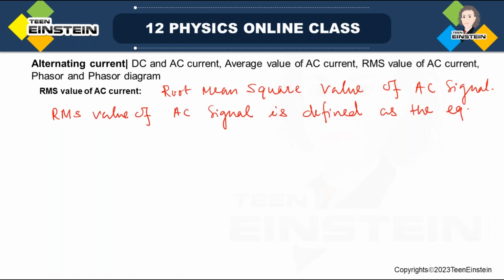The equivalent direct signal, I'd say. So better to write alternating current itself. The RMS value of alternating current is defined as the equivalent value of direct current